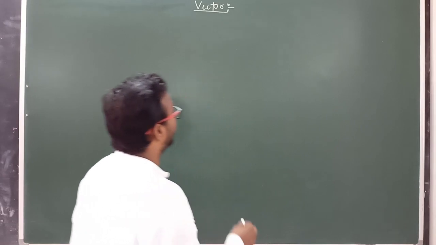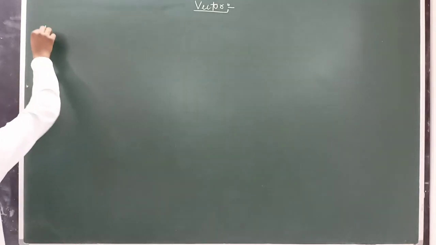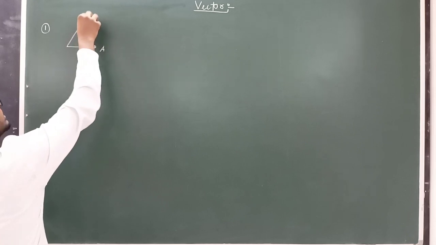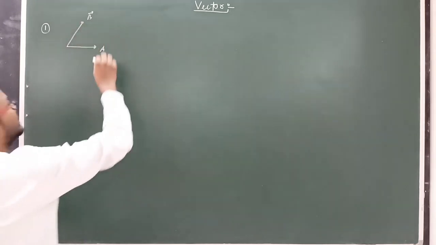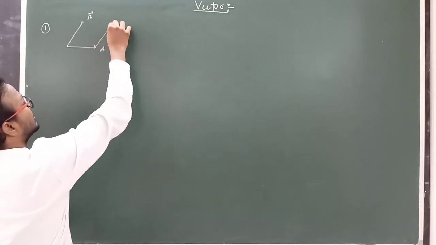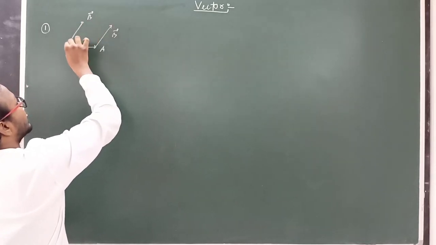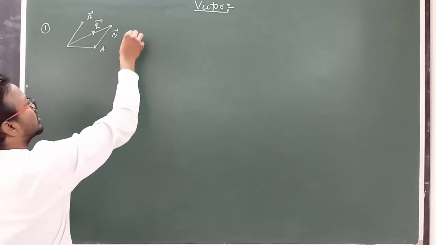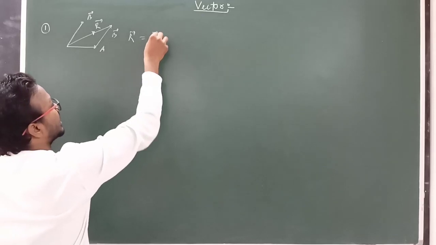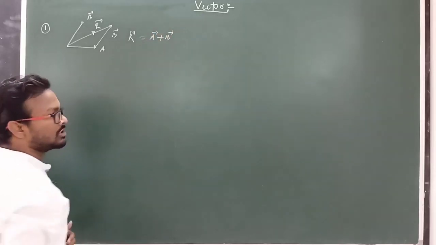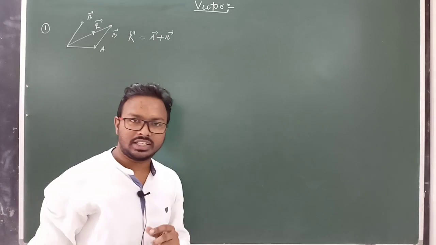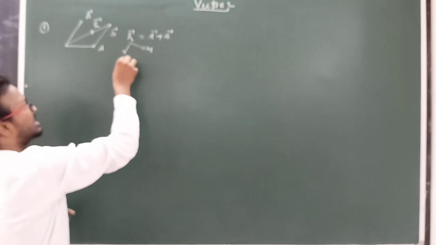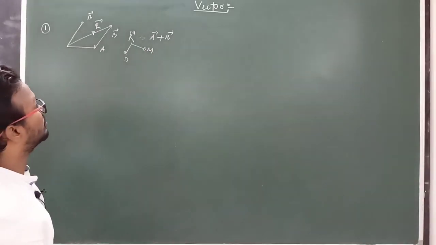Suppose two vectors, first point. Suppose two vectors here, A and B, and if we use the triangle law, then we have to displace this vector here, that is the B vector, and this is the resultant vector, R vector is here. Clear? And this R vector, we already know, is A plus B vector. Clear? So vector means it possesses both magnitude and direction, so we have to find its magnitude as well as its direction. Clear? So what is the magnitude of this resultant vector?